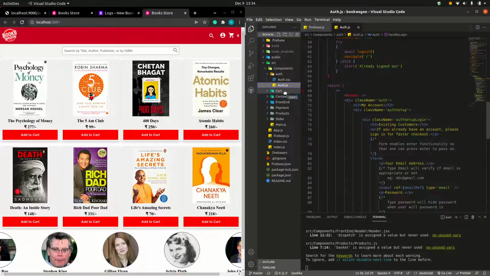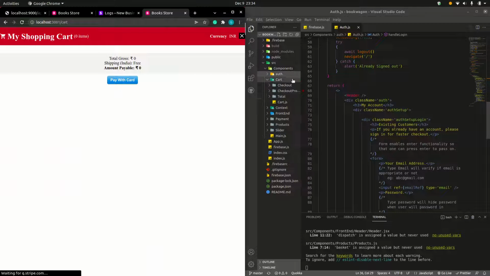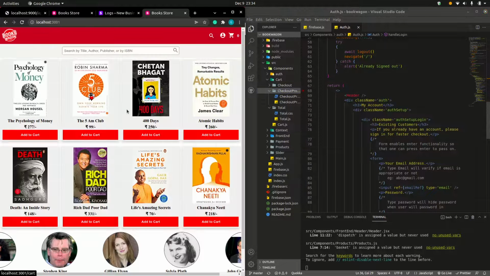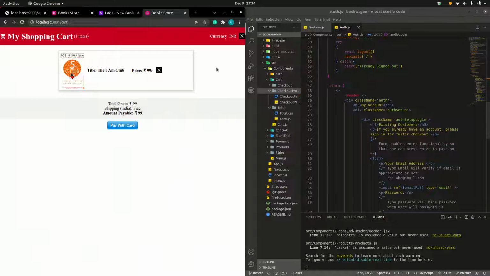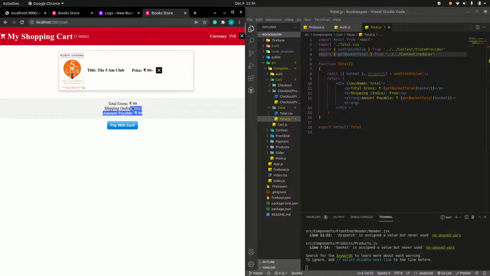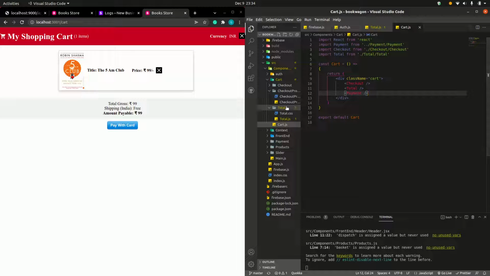We can see auth for login and logout functions. And in cart I have created various other components like checkout and product. What product does is, suppose we add this product like this, this product will display it here, and this total JS shows the price and basically displays the total.